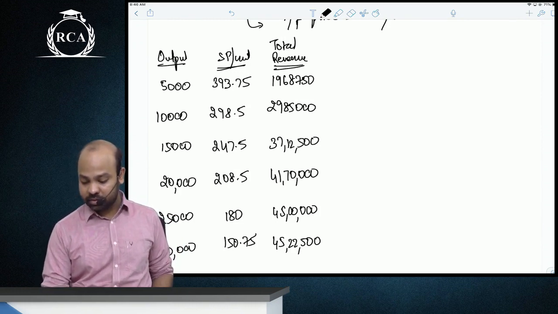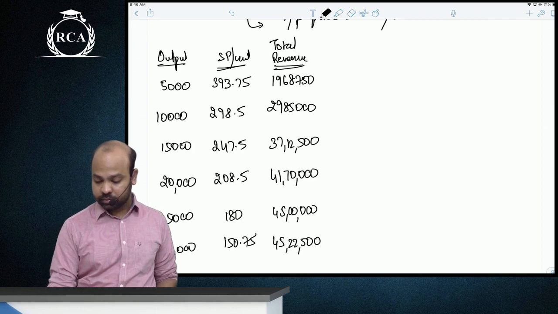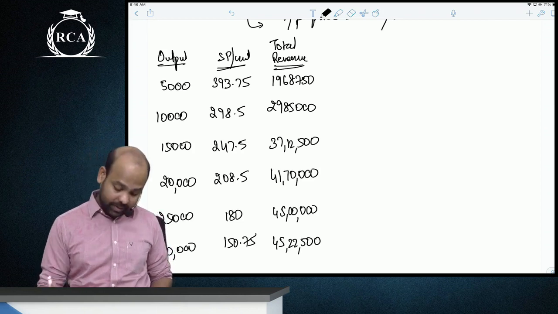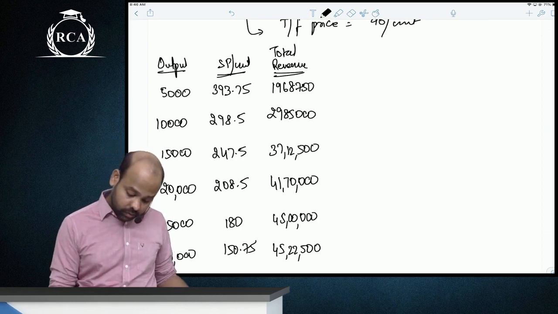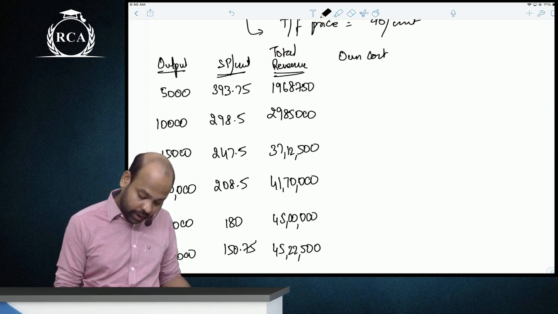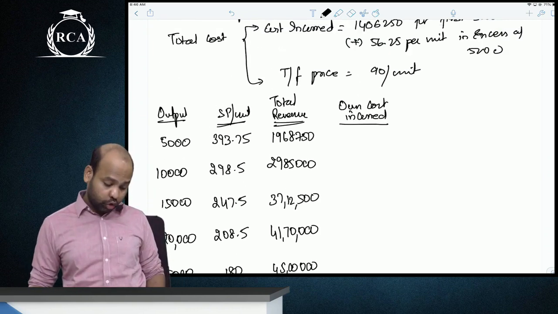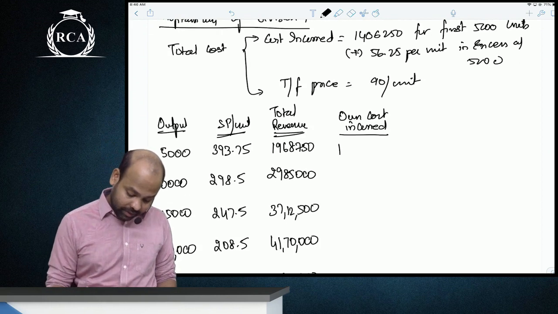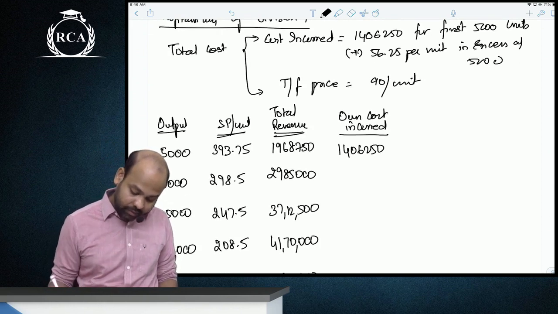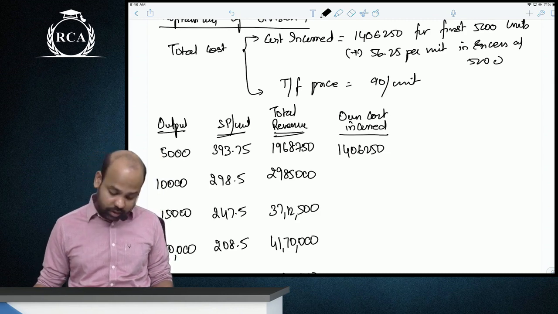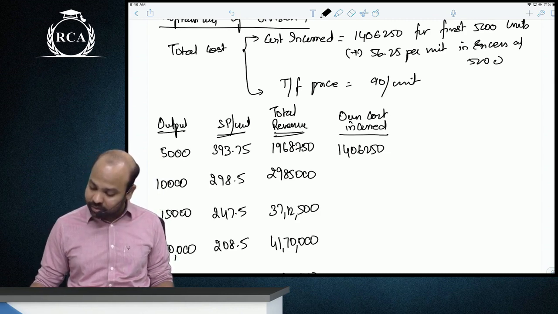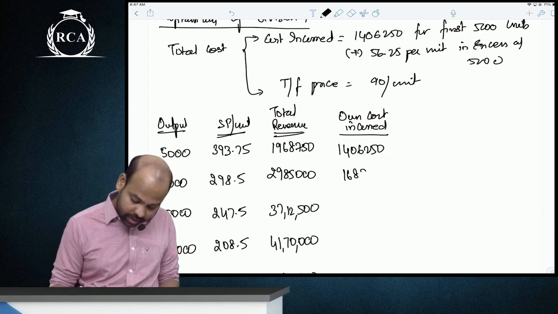एक second. Yes guys, next is their cost. I'll divide their cost into two parts. What is our own cost incurred? I already gave you details of own cost incurred. 14,06,250 for the first 5,000 units. Thereafter it is 56.25 into 5,000. You will have to keep adding 2 lakhs 81,250: 16,87,500,